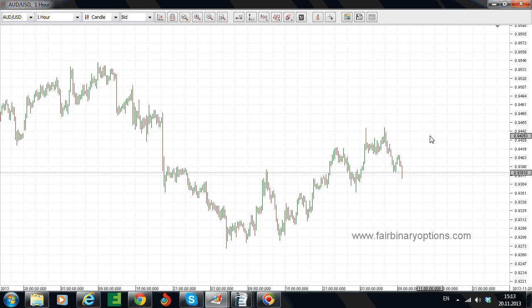The only one that is travelling is, of course, the Australian dollar US dollar, because we had some bearish rhetoric out of Australia today, and the IMF also came out with a statement saying that the Australian dollar is still something like 10% overvalued. Now we are not trading fundamentals, we are trading technicals, and starting with these highs